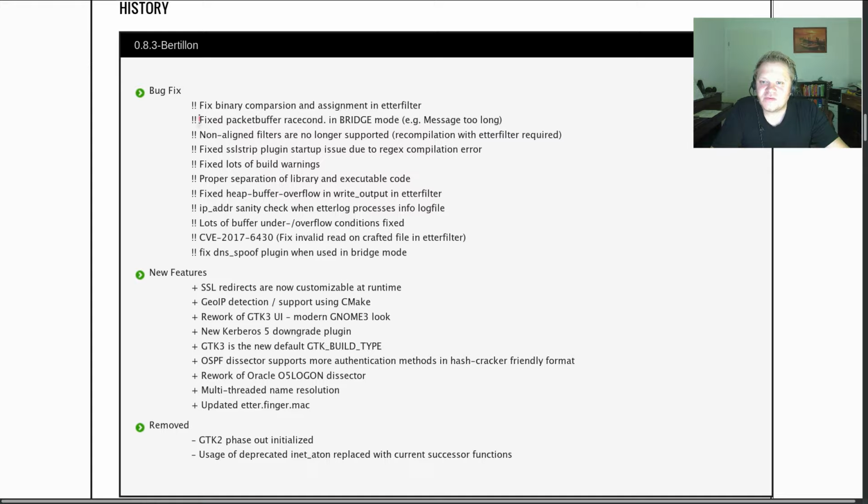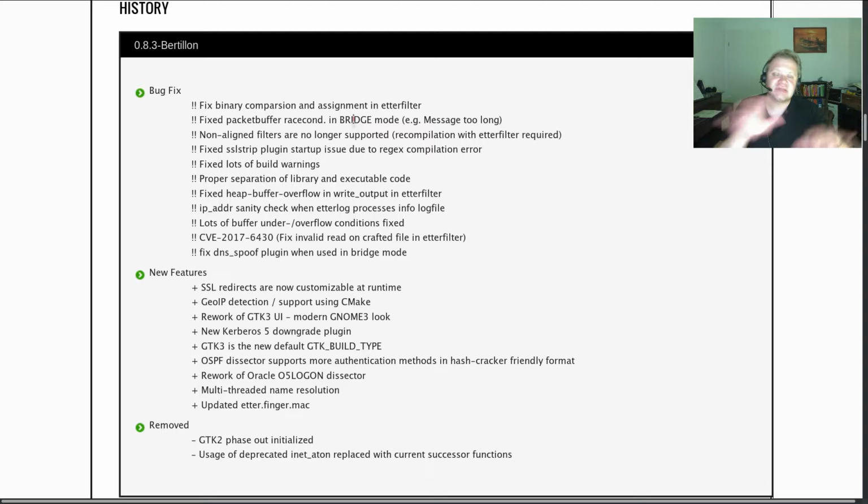Yeah, so one of the weird topics we fixed also is a really long bug we had for a long time in our code. It's only regarding bridge mode, and it only becomes visible when you put a little bit of pressure through Ettercap, when you want to send from one interface to the other and vice versa. Then you would see weird things going on, like packets that should not be there but are on the wrong side, and you see "message too long" error messages. These come from a race condition, and